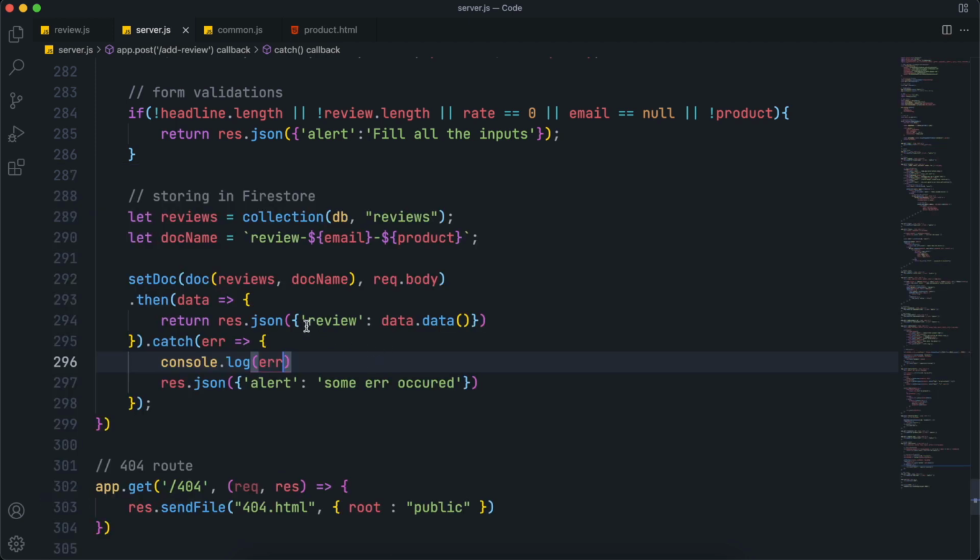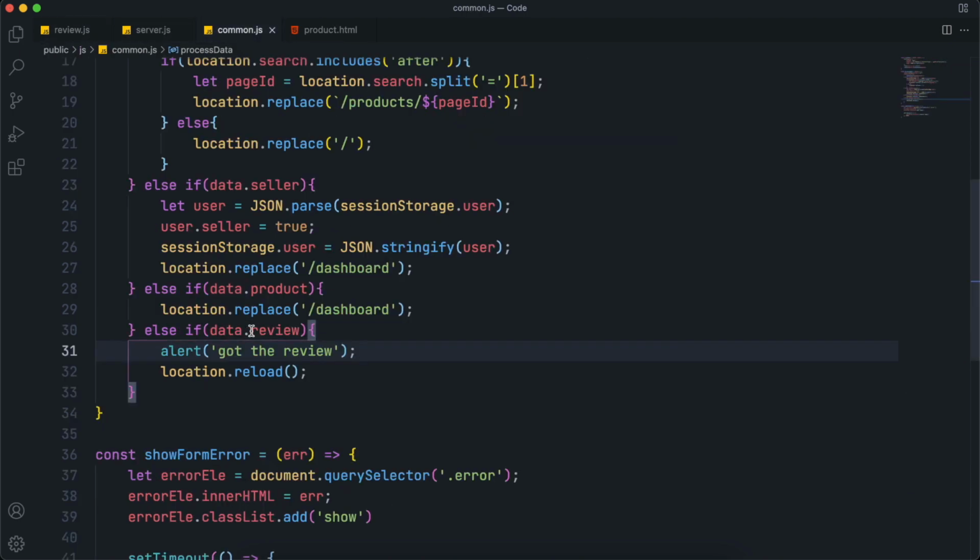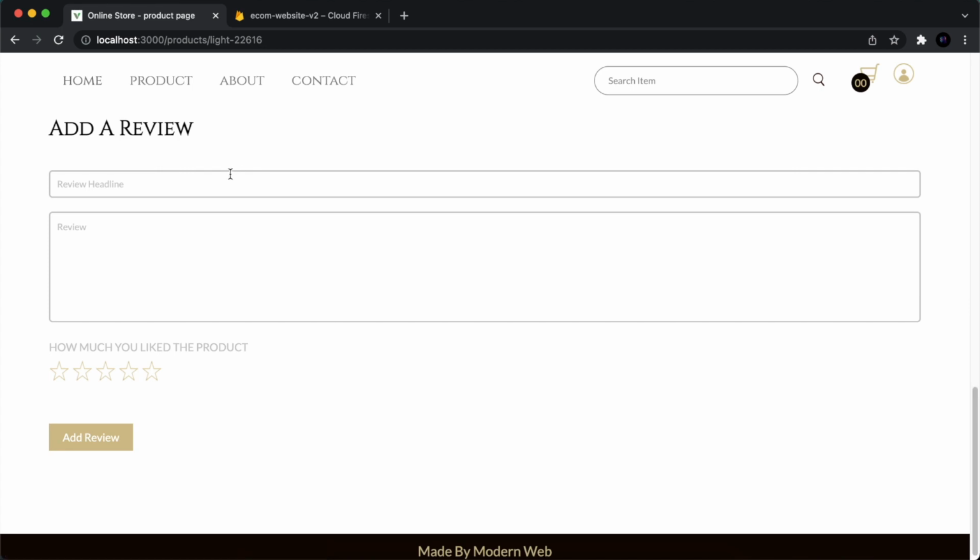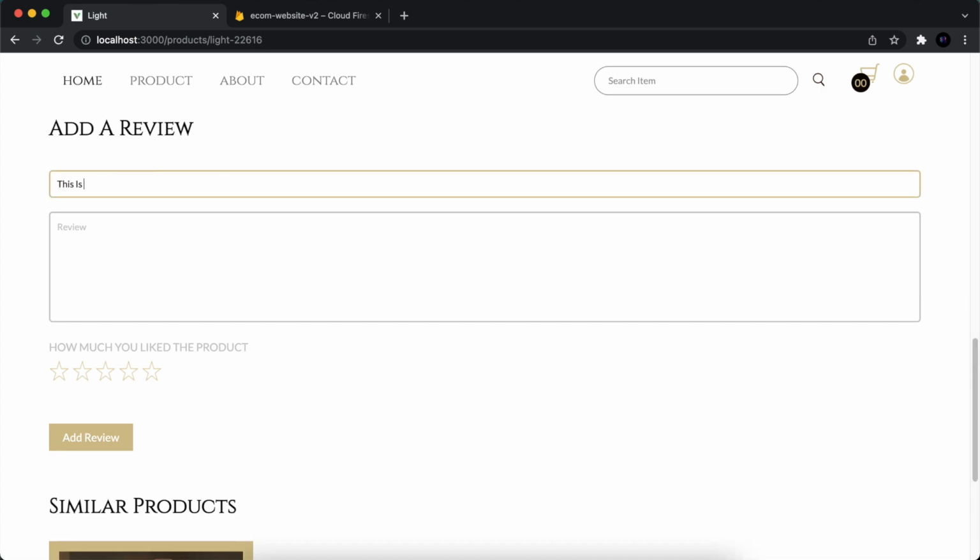Okay, just do one thing. Instead of sending a review with the data, just send review as a text. So change this a bit, and let's change the condition also. Set the condition to data is equal to review or not. I hope this will work. So if I fill the form now,